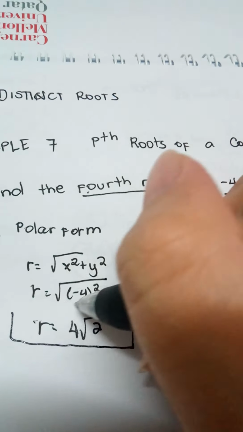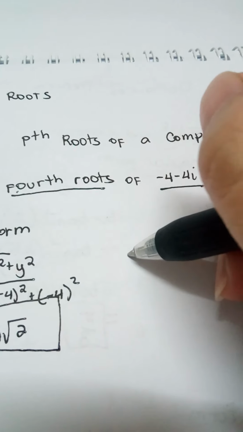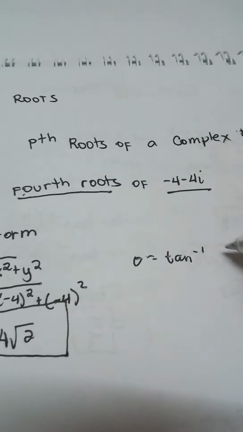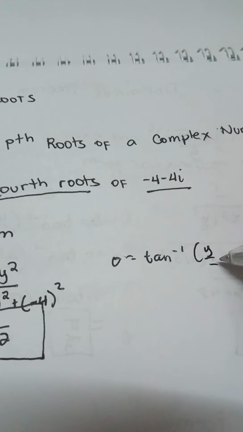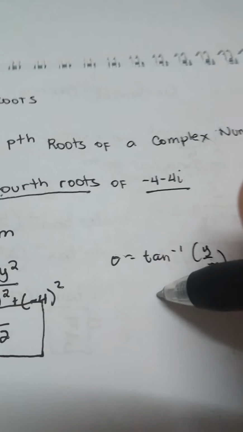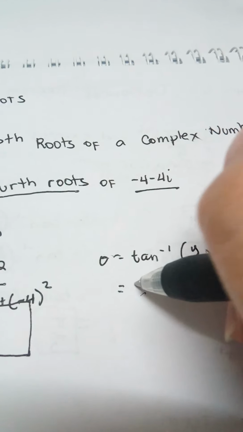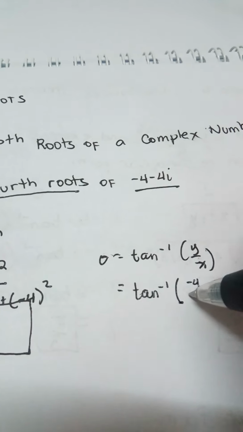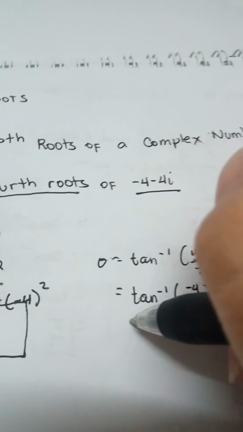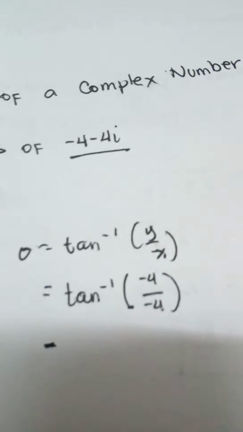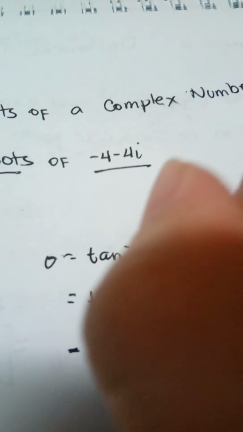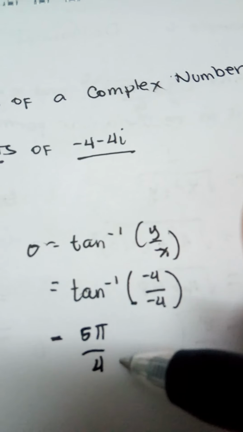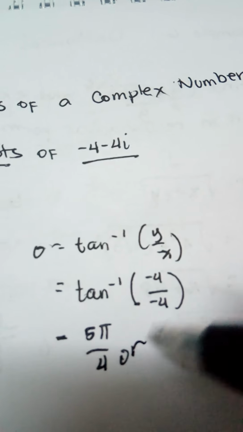Okay, I'll box it. Next, you need to find theta. Theta is always inverse of tangent of y over x. So theta is inverse of tangent of negative 4 over negative 4. So theta is equal to 5 pi over 4. Or if you want this in terms of degrees,